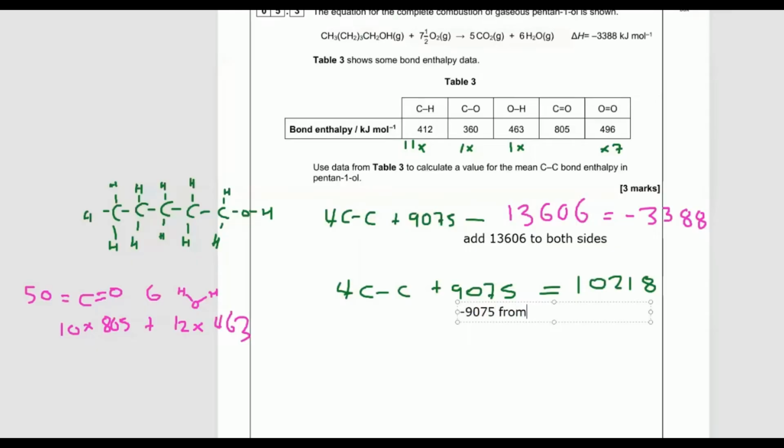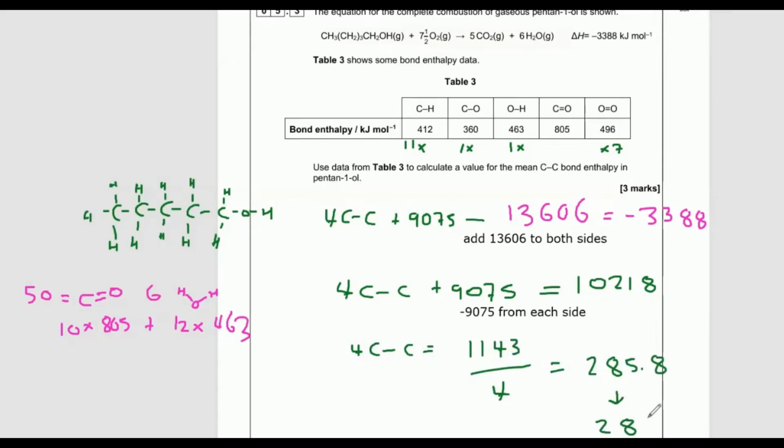Now I want to get rid of the 9075 to leave the CC bonds on their own. So I'm going to minus 9075 from each side. And that will get rid of the 9075 on the left, and it's going to reduce my right-hand side as well. So this ends up with the 4CC bonds equaling 1143. Now I want to find out the value of just one carbon-carbon bond, so I'm going to divide by 4